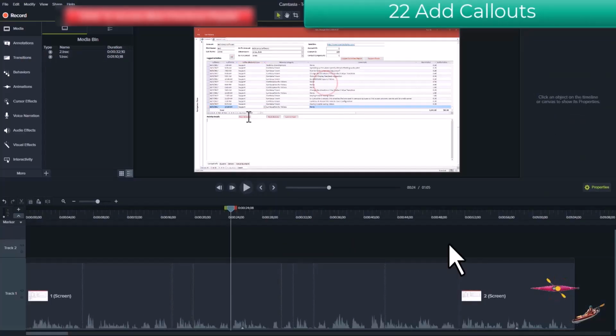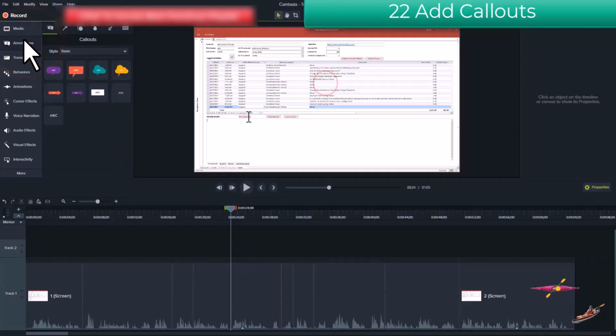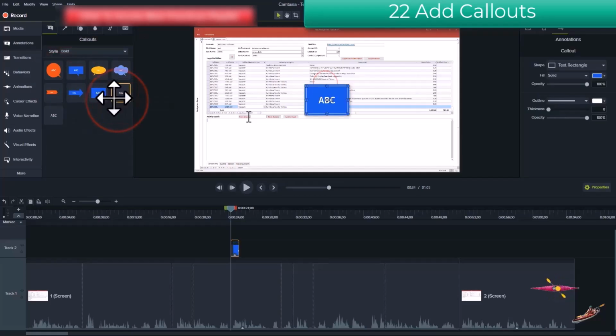After having edited the timeline to correct narration issues, I'll next enter appropriate callouts. I've positioned the playhead where I want to enter a callout. So I'll go to Annotations, and I'm going to select, for this example, the bold collection, and then I'll right-click, add to timeline this particular callout. And I will change the text by double-clicking on the text,